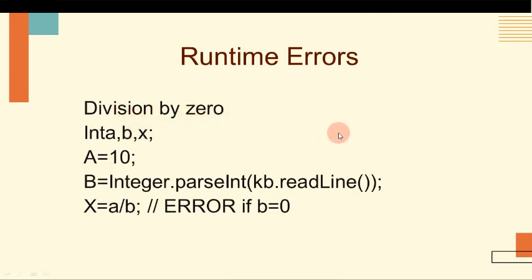Now what happens? x = a / b. So a is 10, divided by b. If in case you input b as 0, then that is a runtime error. This error occurs only for a certain configuration of the input, b = 0. Now 10 divided by 0, the compiler will not understand the proper way of handling this mistake. So this kind of situation is called a runtime error.